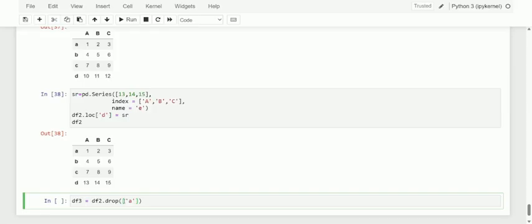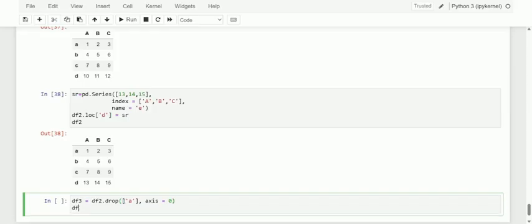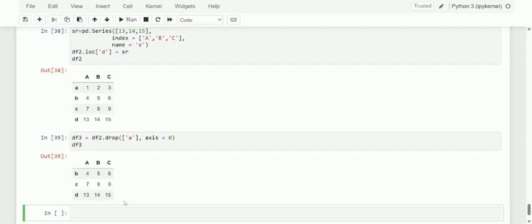So here of course we are in the process of deleting the row, so I'm just providing axis equal to 0. And let me see what is the updated data frame. So see here, the row with index A has been deleted.